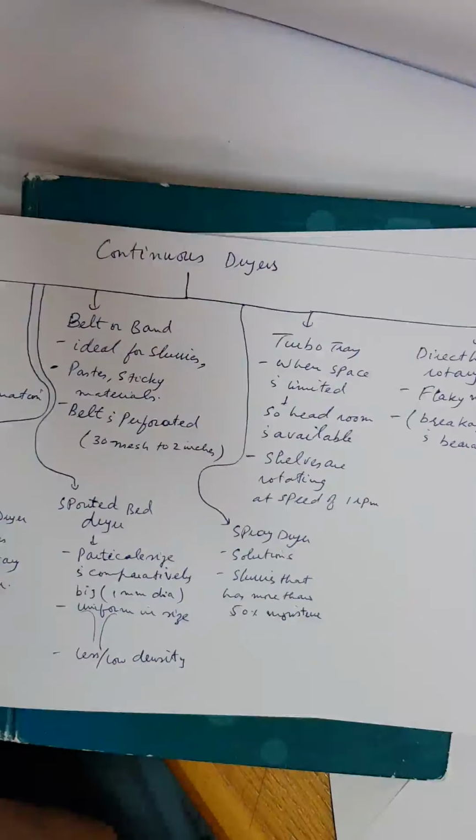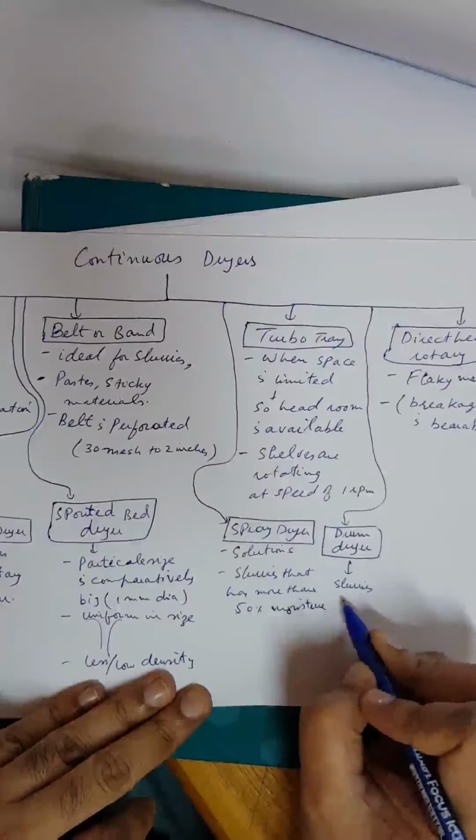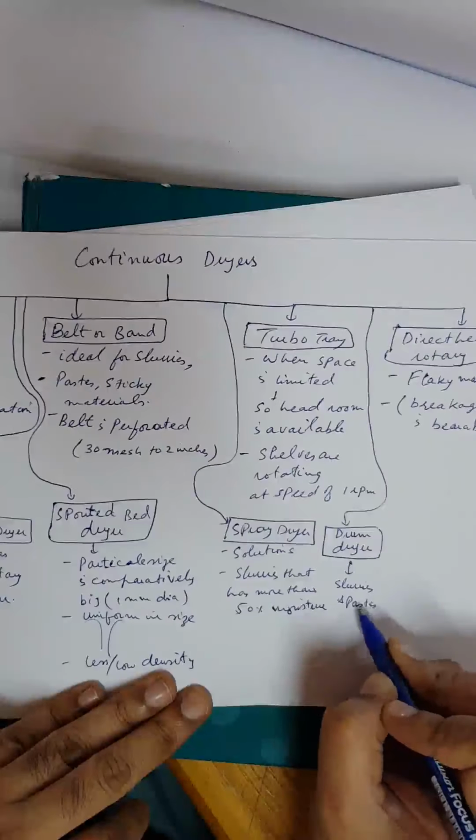The second last is drum dryer. The drum dryers are also used for slurry and paste. Okay, mainly used for slurry and paste. They are also used for slurries and paste. Like